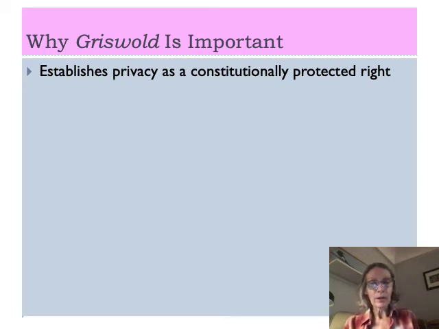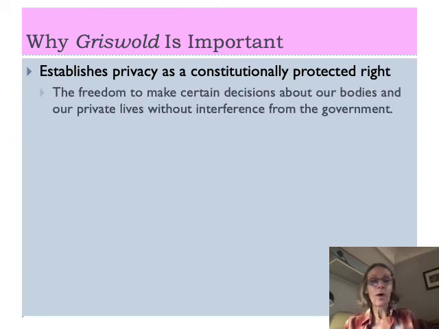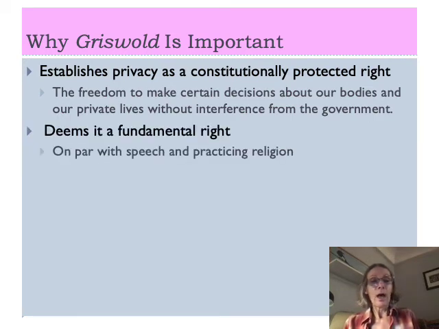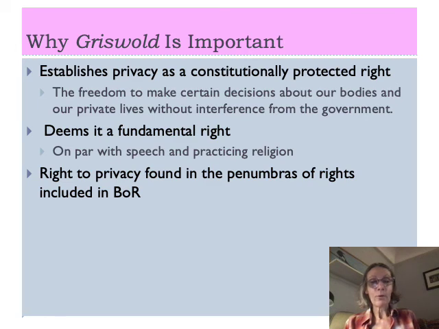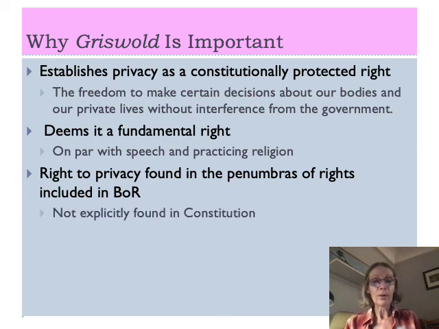But when you actually look at the Bill of Rights, and that's the first 10 amendments to the United States Constitution, there's no articulation of the right to privacy. Nowhere in the Constitution does it say Congress cannot abridge your right to privacy. It's just not there. However, in Griswold, they basically said that the right to privacy is in the Constitution. And that right to privacy, while it's not specifically articulated in the Constitution, can be found in other rights that are included in the Bill of Rights.